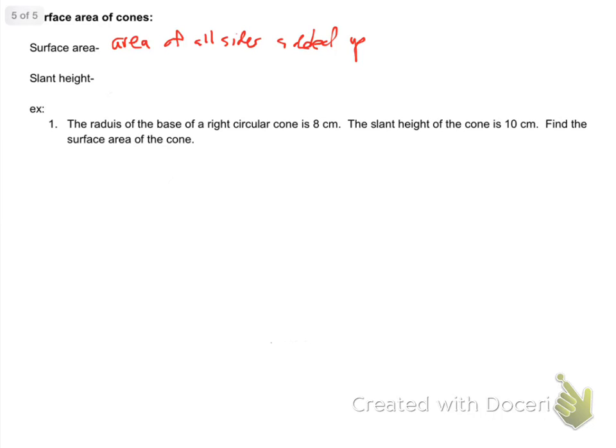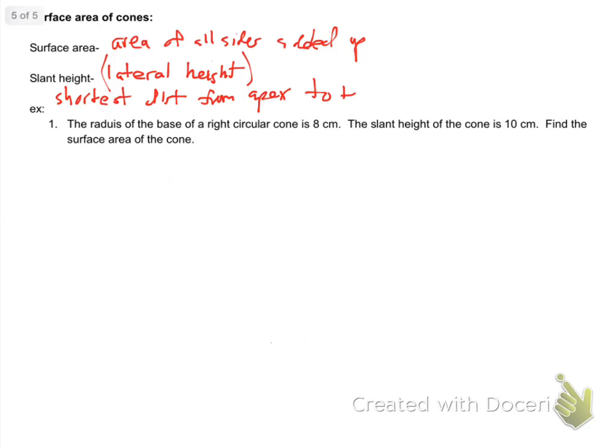Slant height. Slant height is sometimes referred to as the lateral height. Okay? So those words are going to be interchanged. This is the shortest distance from the apex to the base